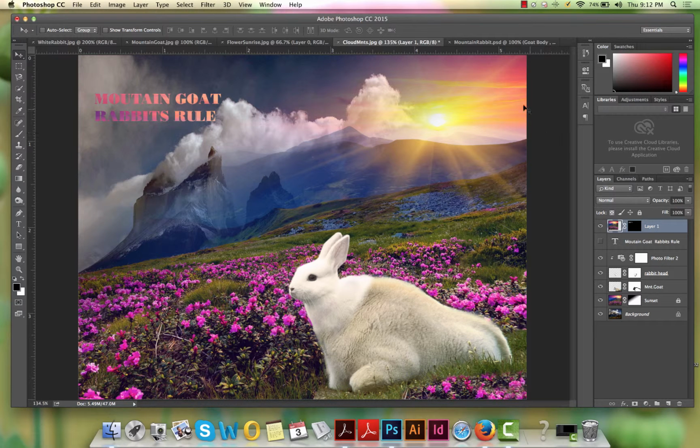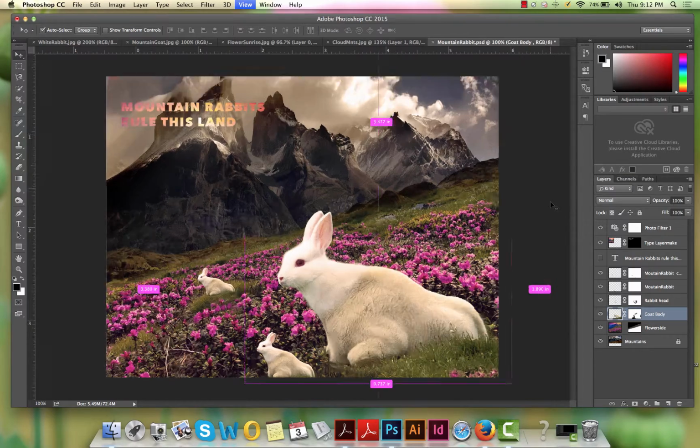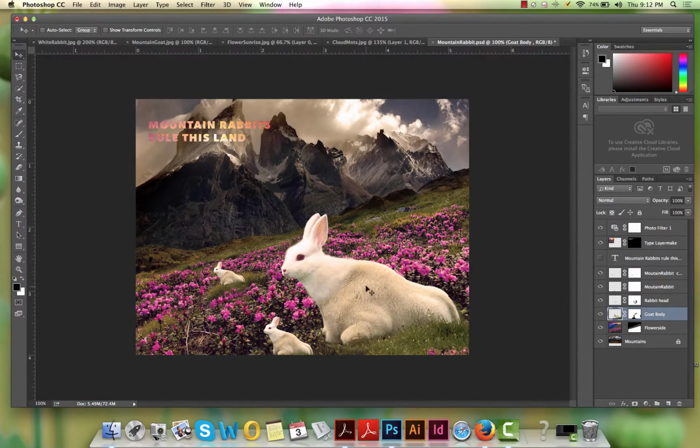tutorial. The end product that I originally came up with looks like this. So feel free to create little ones and create your own space and have